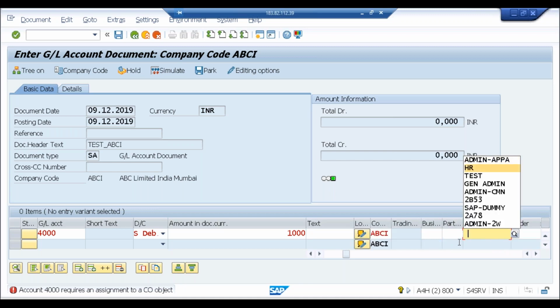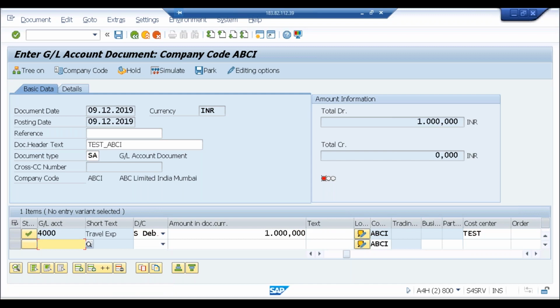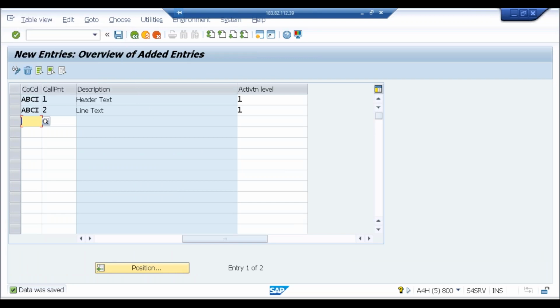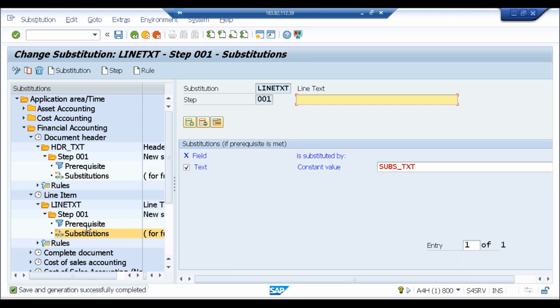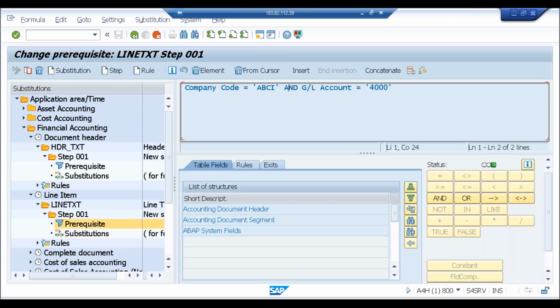So let's say I'm entering the cost center here. Paste, enter. This should come automatically. It is not coming. There might be some reason for that. So let's go and check. So we entered at the line level. This substitution is active. Change substitution. Let's see if the prerequisites are matching or not. So company code is ABCI and GL account is 4000. I hope this GL account is the same GL account that we are using. Let's try